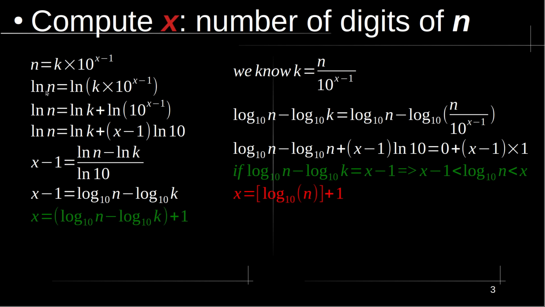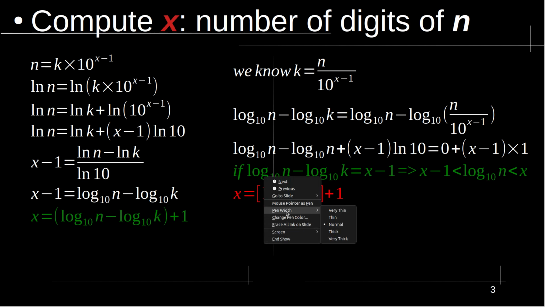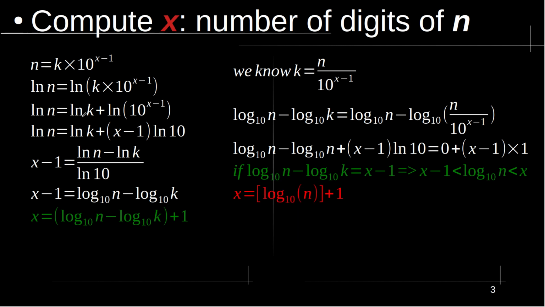So the natural logarithm of n is equal to the natural logarithm of k times 10 power x minus 1. We can say also that